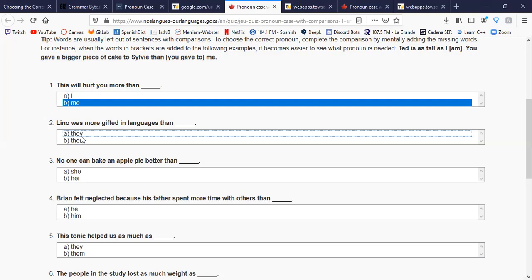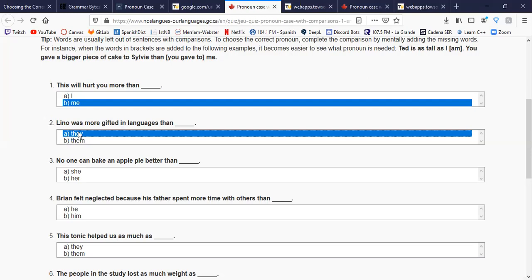So the answer here would be they. Because remember the trick? Lionel was more gifted in languages than they were. So add a missing word. So in this case, you would add